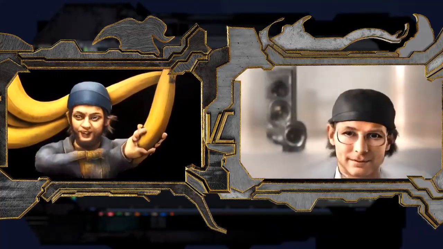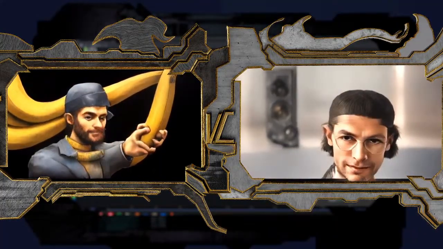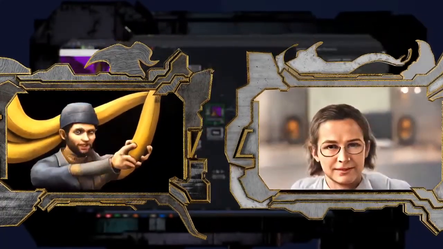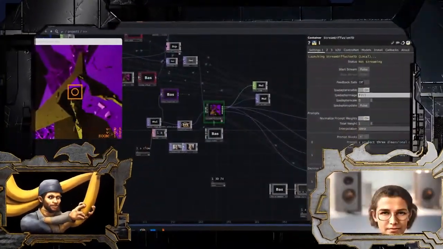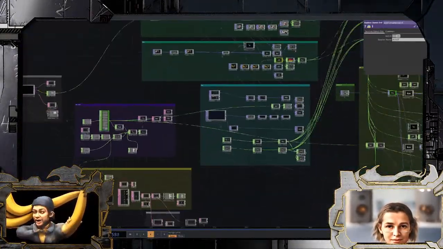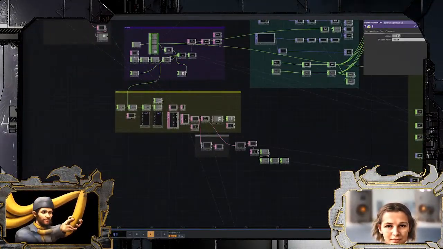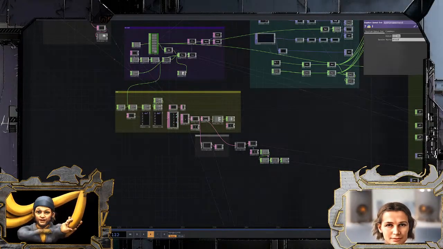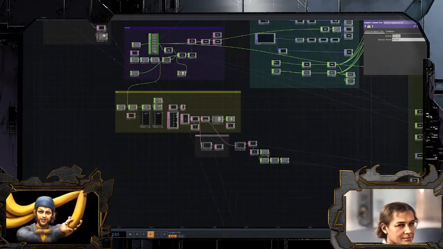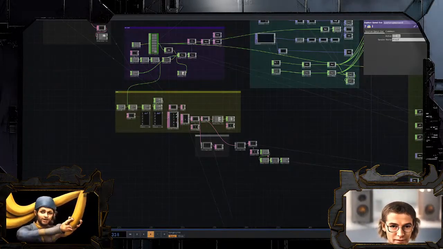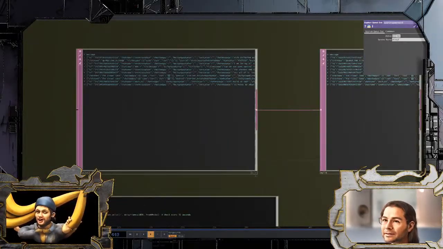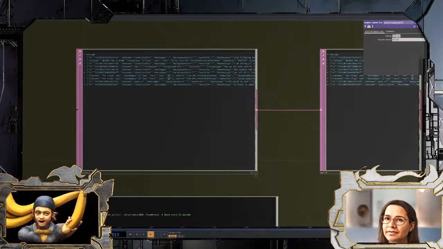I've shown it in a previous stream. I could show it just quickly now, just to give you a little bit of a taste of how it works. So essentially, I am getting the Social Stream Ninja, which is this little app here, and it's connected to Discord and YouTube. It has a lot of other different websites you can connect to. And I'm basically getting, they have their own WebSocket API.